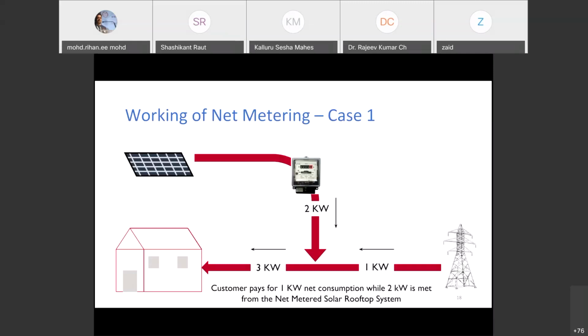But there is an upper cap to this also. Although this is not practical now, there is an upper cap that is 2 megawatt. But of course, there is no residential or agricultural consumer who is having 2 megawatt capacity. So this is coming from the earlier policy also. So basically, if you are installing a net metered rooftop solar plant in your house, the maximum capacity which you can adopt is only equal to your sanctioned load.